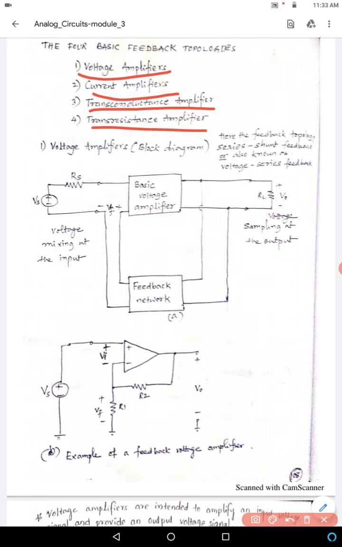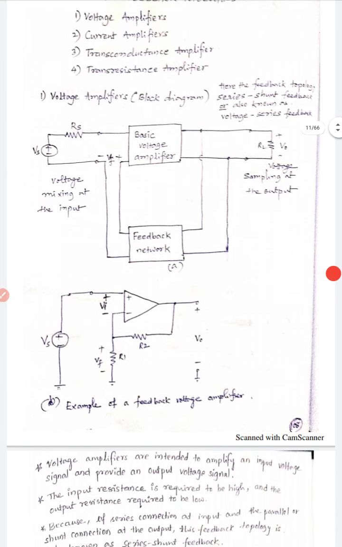In this one we'll discuss in depth what the voltage amplifier is, how it works, and also the different types. Again, some equations will be there. If you understand one thoroughly, either the voltage amplifier or the current amplifier, that would be helpful for the remaining ones. The same procedure, same diagram and same equations will be there, just some alternatives. For example, instead of Rs it will be Rif, likewise. First we'll discuss the voltage amplifier.